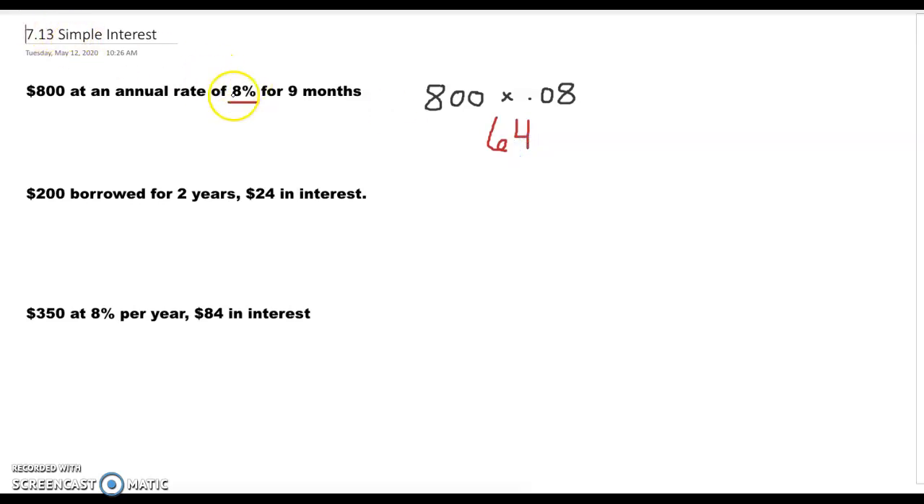Okay. Then we got to figure out 9 months. Okay. So if you divide 9 months by 12, it equals 0.75. And what we're going to do with the 0.75 is we're going to multiply by our new number, which will give us an answer of